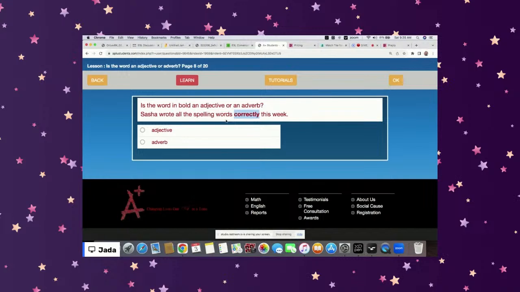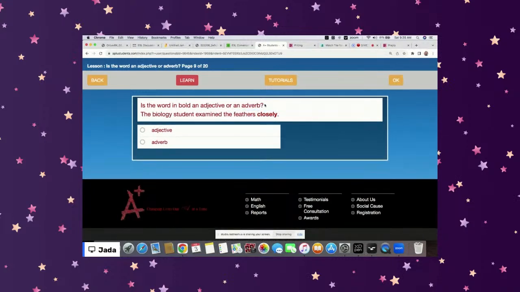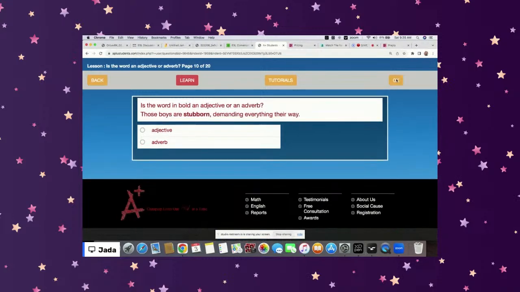If you've not done this lesson, adjective and adverb, you can try to finish it up. So we have closely as the adverb, and we will have close as the adjective. Stubborn. Now, stubborn is an